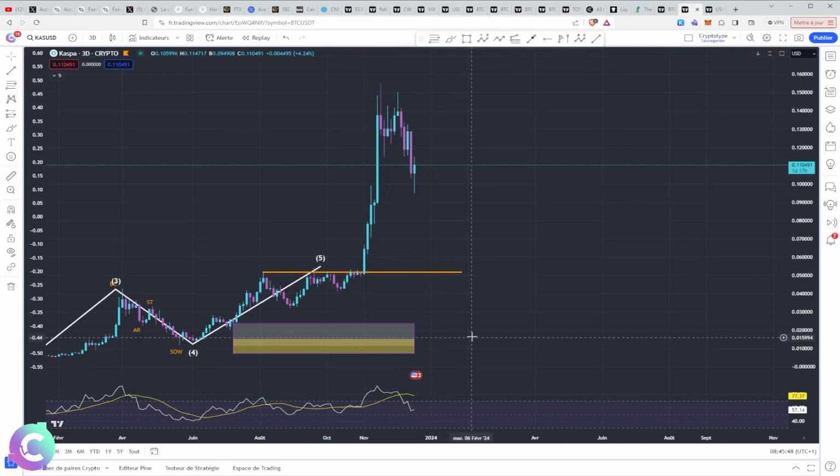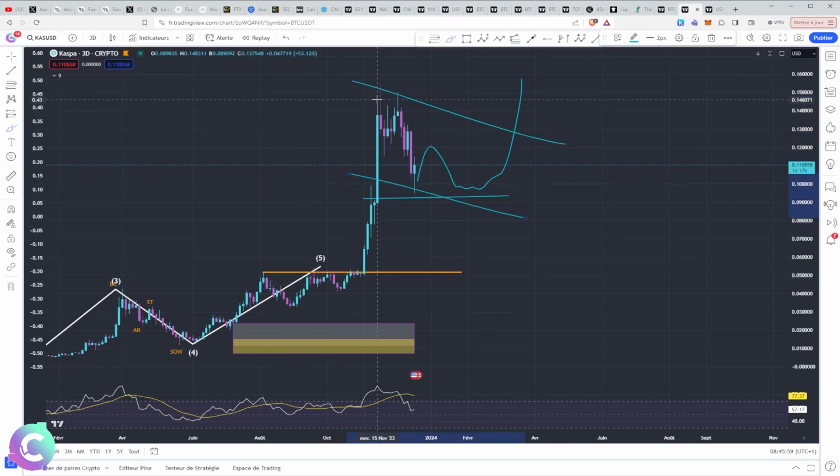But that doesn't mean that we're going to go back very low, it simply means that we are in a breathing phase. We can very well settle into this part and do a little retest again. Why not? Before leaving again, it depends on the overall market. Generally, when it's like that, we are taking profit back. We're going to have a buyout zone, and then we could leave.